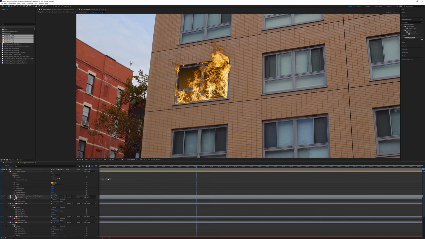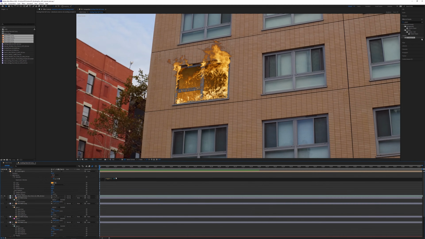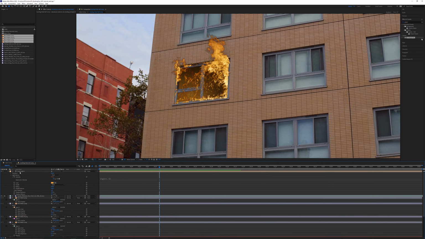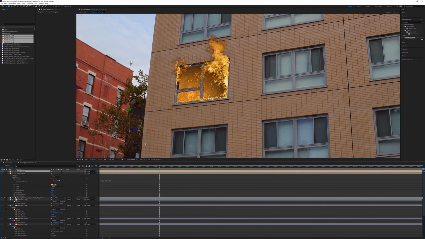Might be a little bit fast there, so maybe we'll just try something like once a second. So it kind of flickers on and off. You could also just drop down 50 to 25, a little bit more subtle. And then you could add as many of these lights as you wanted. So I could duplicate this light and have another one over here. It could be multiple fires in the room, one a little bit higher up.